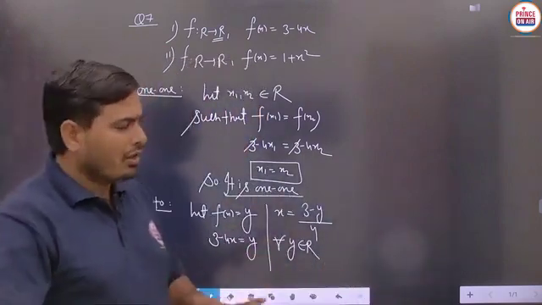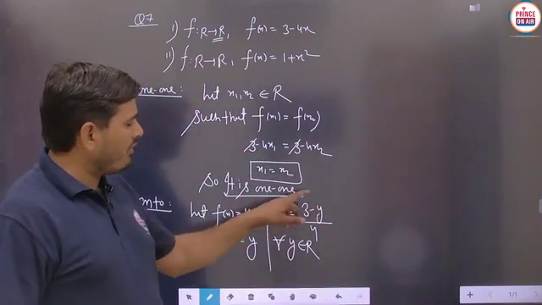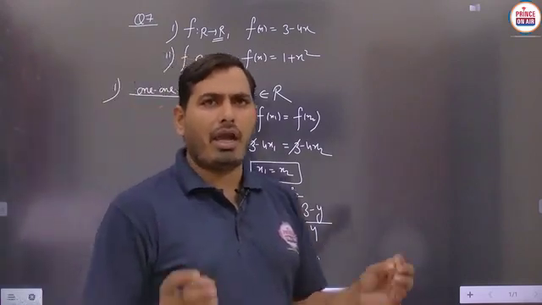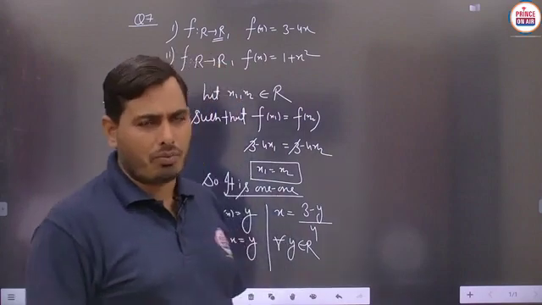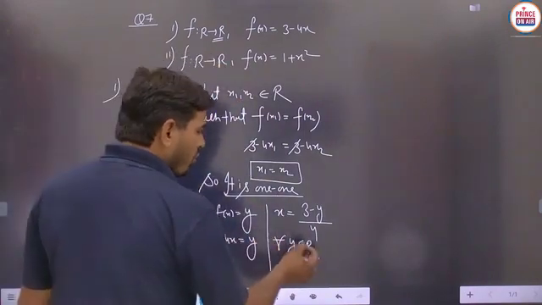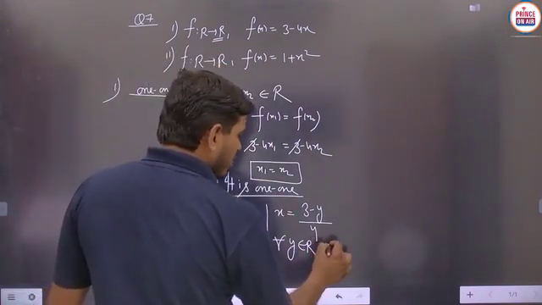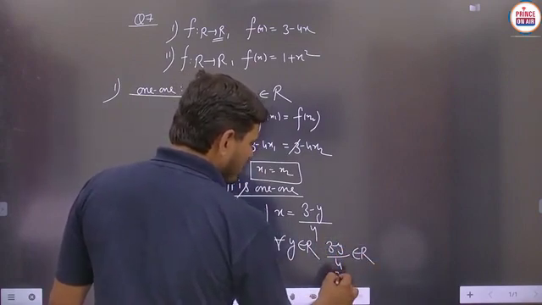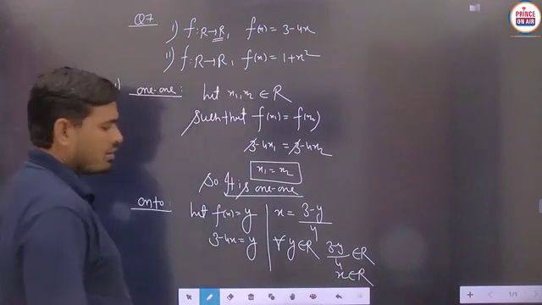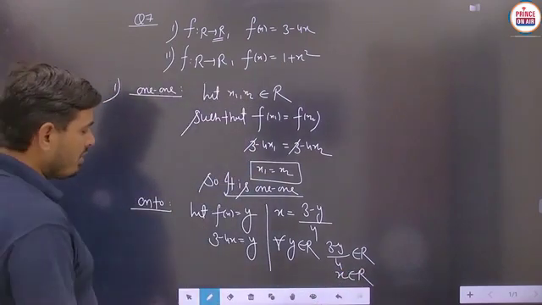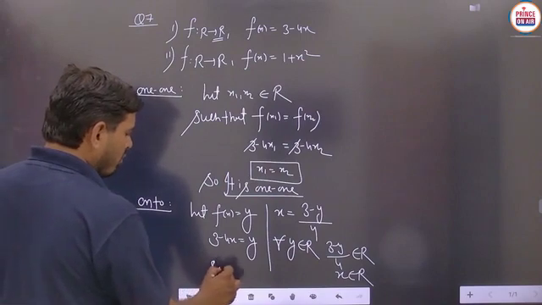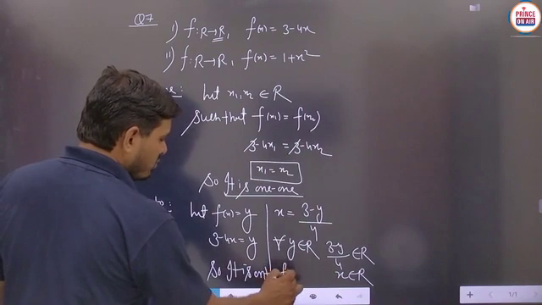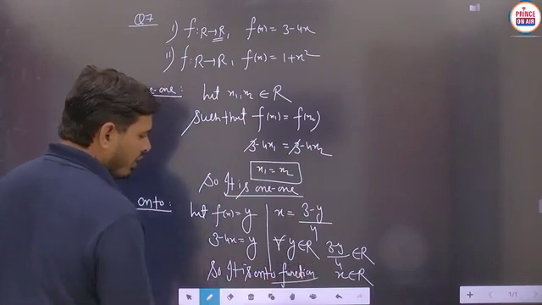Is it to be clear? So whether you are using any real number, then definitely you will get an answer, and any answer will be in the form of a number, and any general number is said to be a real number, no problem. So basically you can say that for all y belongs to R, (3 minus y) upon 4 also belongs to R, and this says that x belongs to R. Is it to be clear? Means you can say that this particular function is said to be onto, so it is an onto function. Is it to be clear?